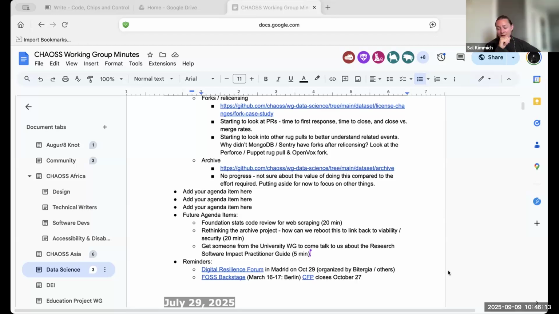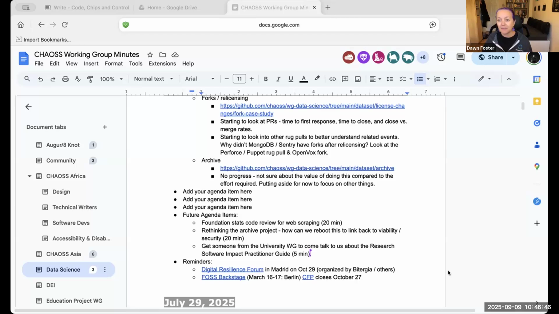Is the FOSDEM CFP up yet? No. So the status of FOSDEM right now is that they think it will probably be that first weekend of February. I guess it's January 31st, February 1st. But they haven't signed the agreement with the university yet, and until they do, that process doesn't start to open up.